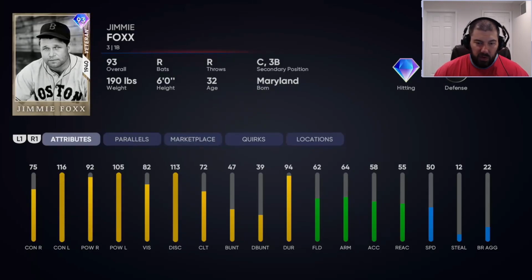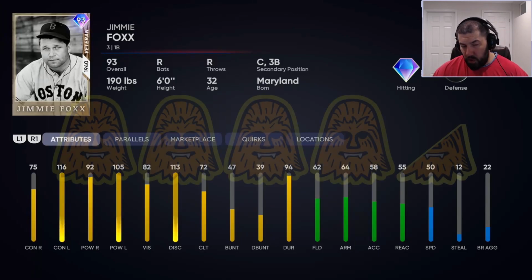Right now, he's kind of like the 4th or 5th best catcher in my opinion. However, he is still a nasty first baseman and third baseman. He can come off with a lot of power off the bench. I'm going to give this Jimmy Fox, because he has such a great swing and such versatility to play both the corners as well as catcher, 4.5 Chewies